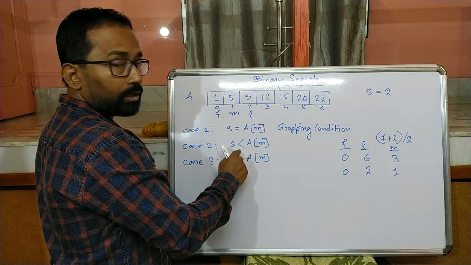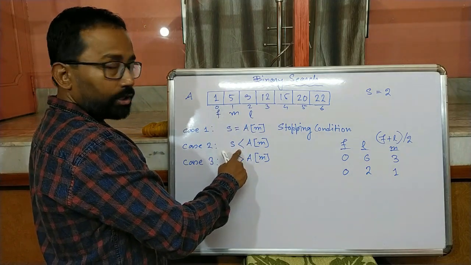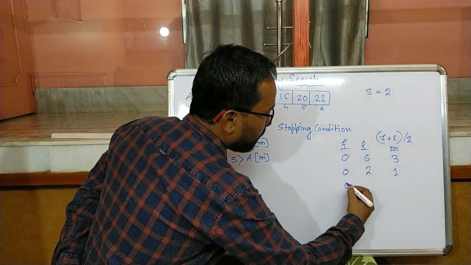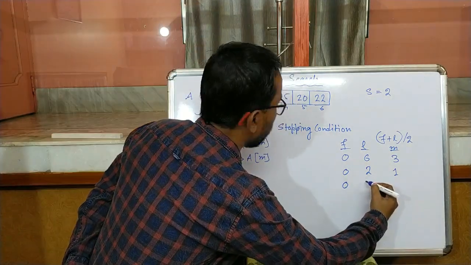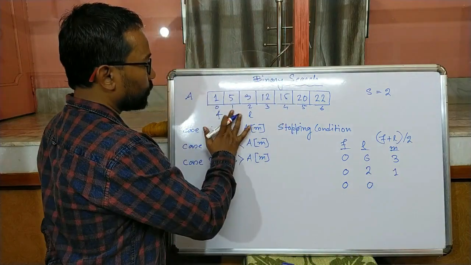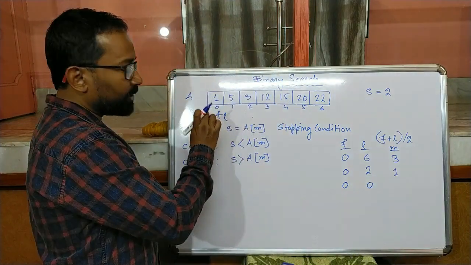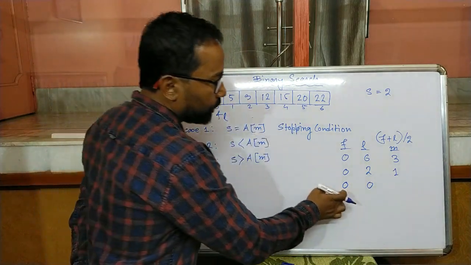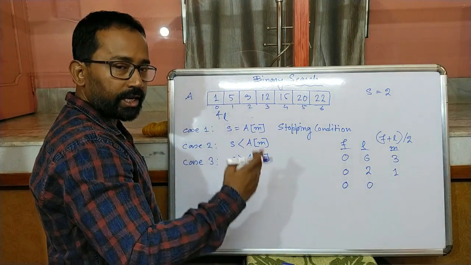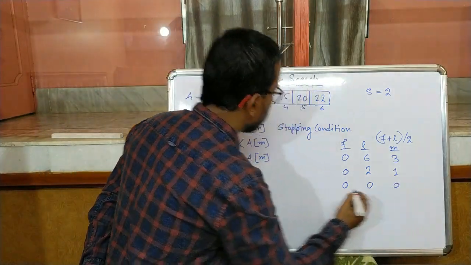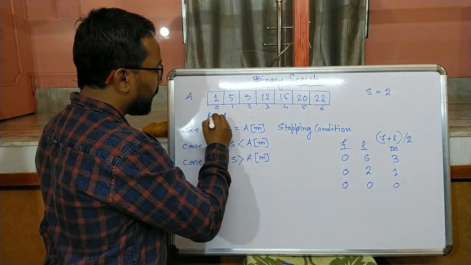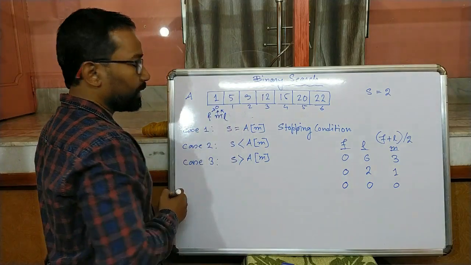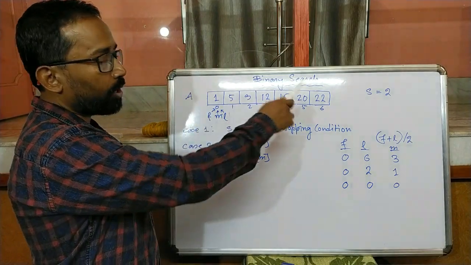This is true. For that we will change the L value to reduce the search area. That means L will point to what? M minus 1. F remains the same, 0. L becomes M minus 1, which is 0. So now this is L. And from this F and L we will get the middle index. So F plus L by 2. So 0 plus 0, 0 by 2 means again 0. So the middle index is also 0. That means now F, M and L are all pointing to this first element. So this is the last element whose value will be compared with S.